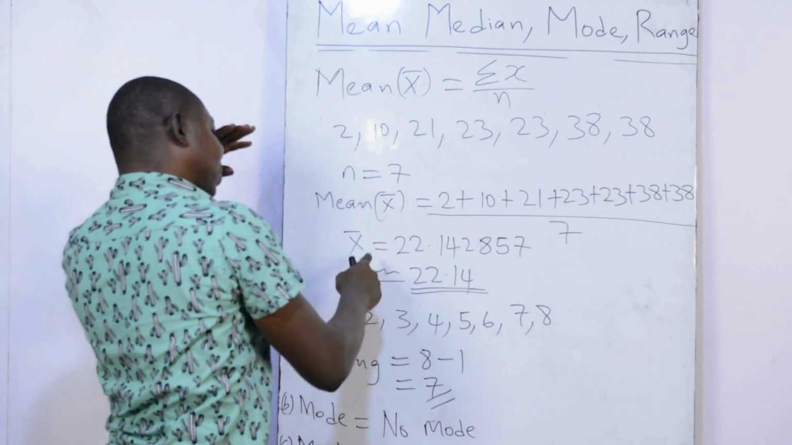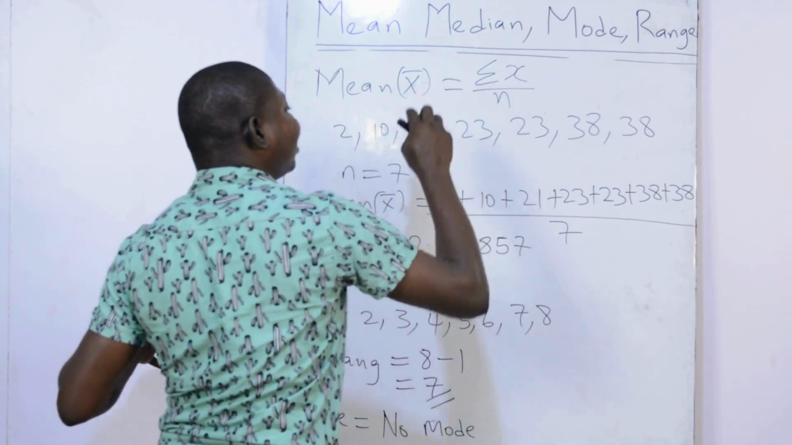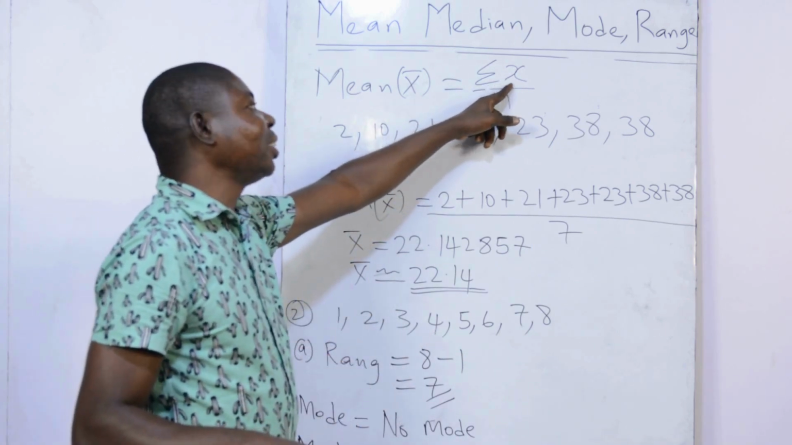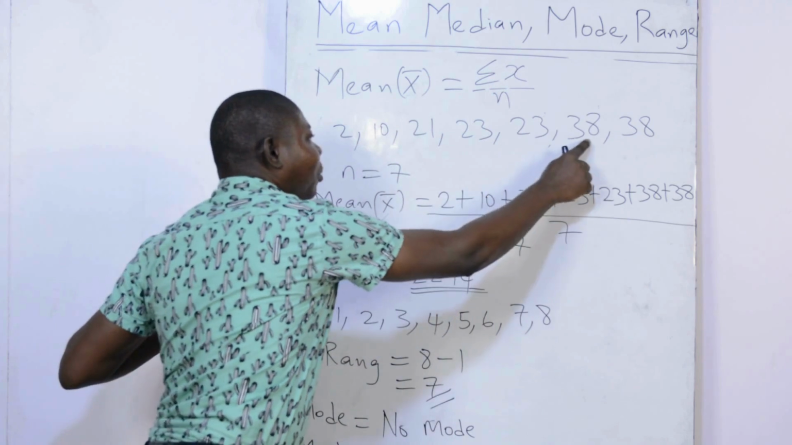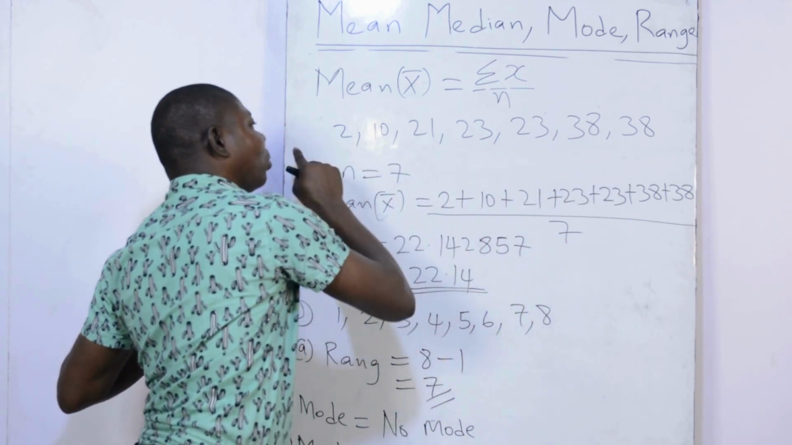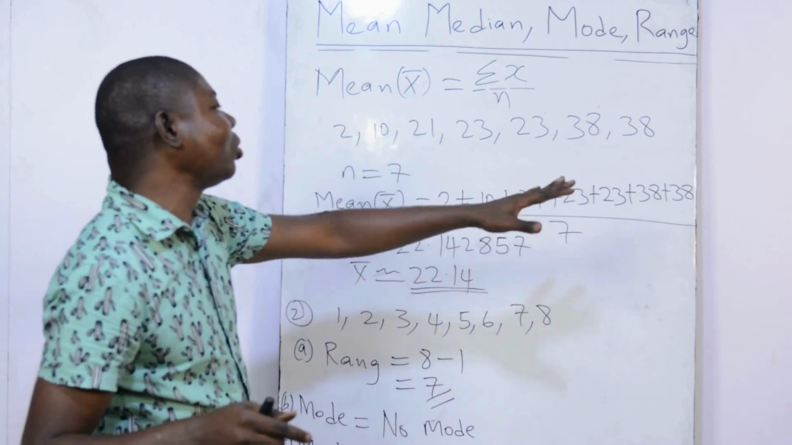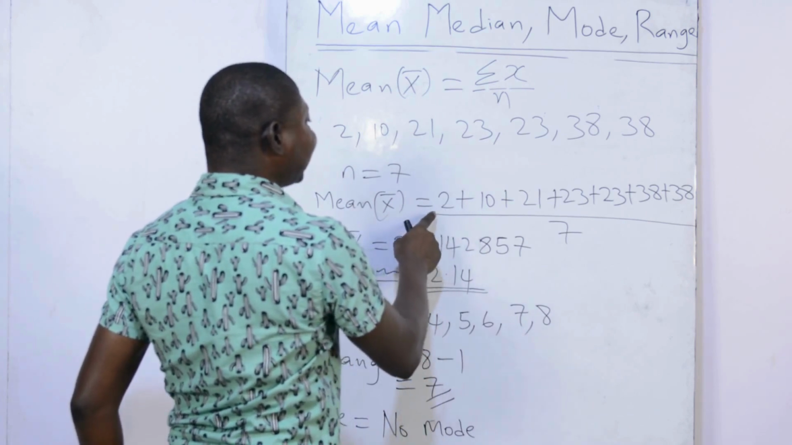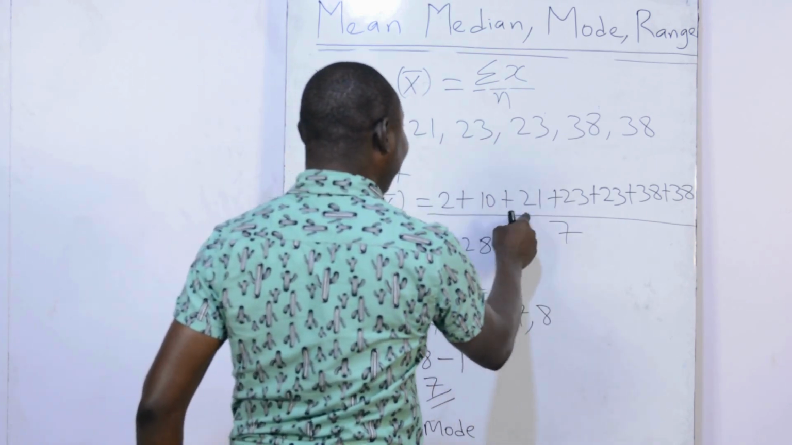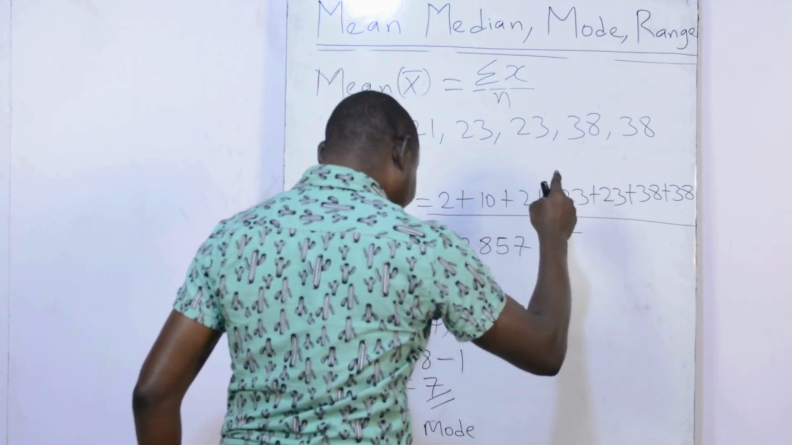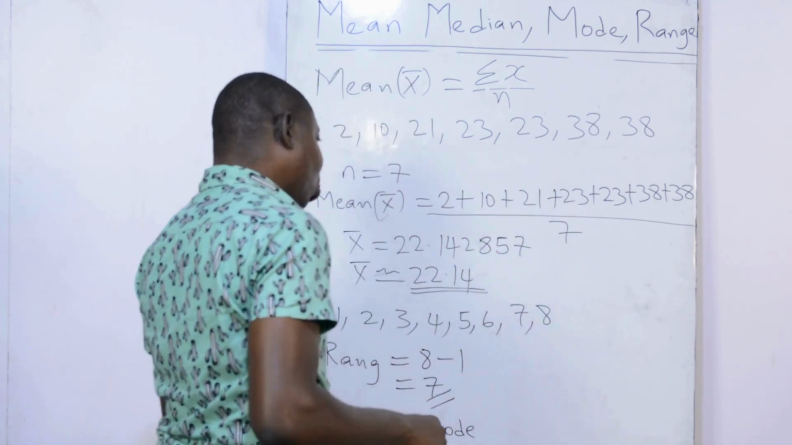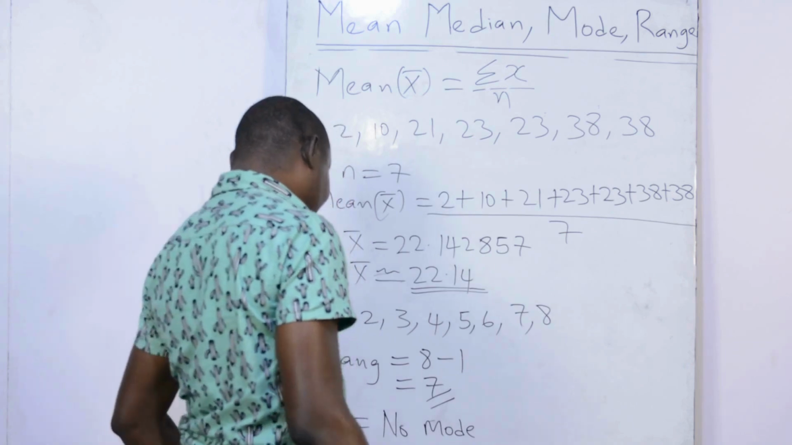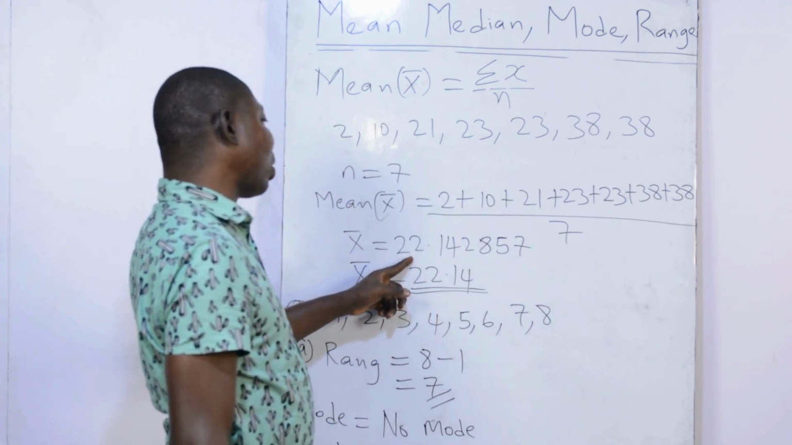Then summation X. I told you this one is sum, addition. X, that is data. So you will add everything together divided by N, and you will get your mean. So let's add it together. After you add it and divide it by 7, you will get your mean, which is